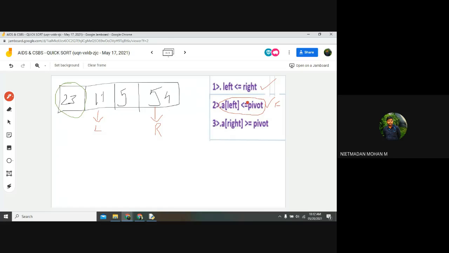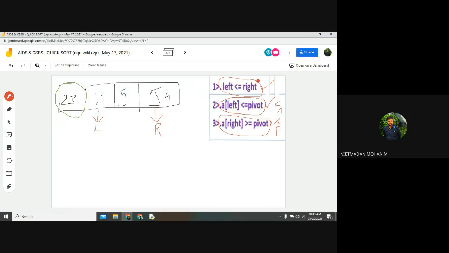After that, when the condition is false, I want to go to this and check this. If the condition is true, I want to move one step backward until the condition becomes false. When both conditions are false, I want to swap these two numbers. And again, I want to check this condition. Once this condition is false, I want to stop the whole process.